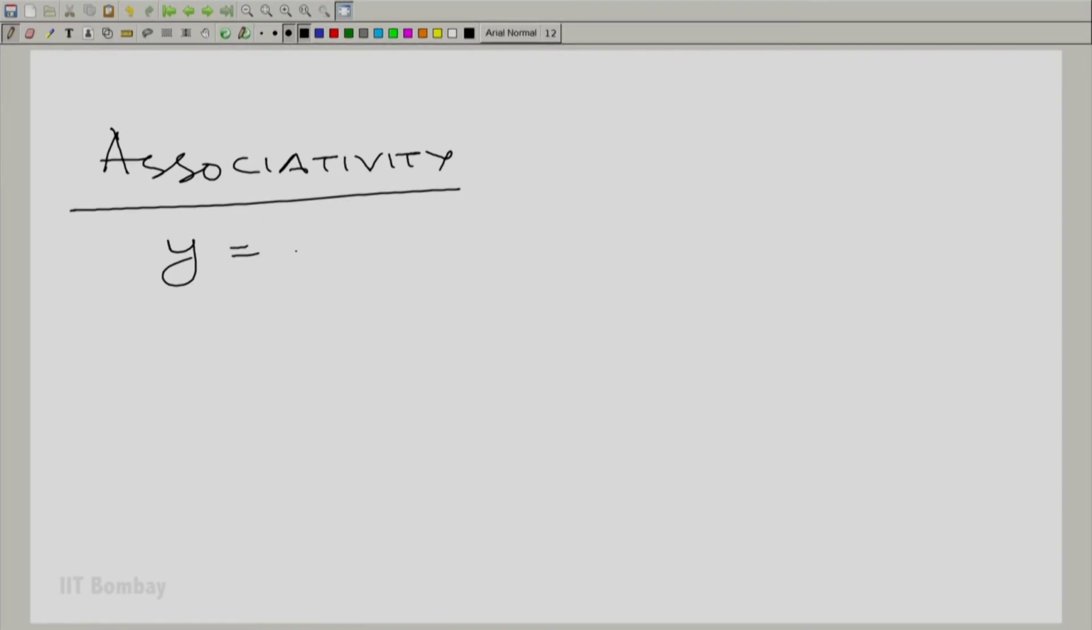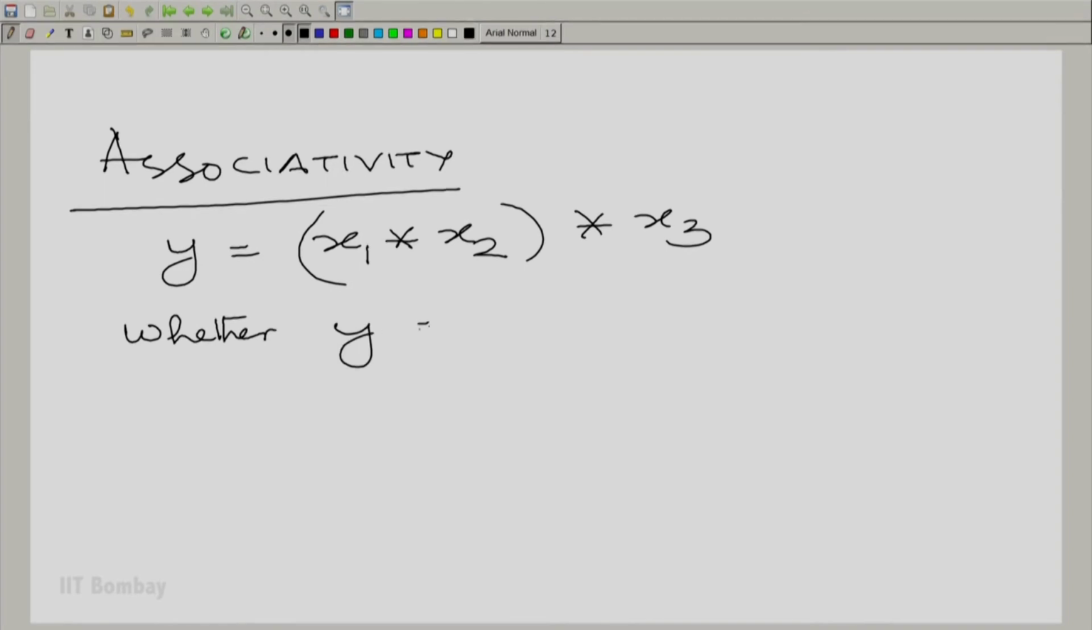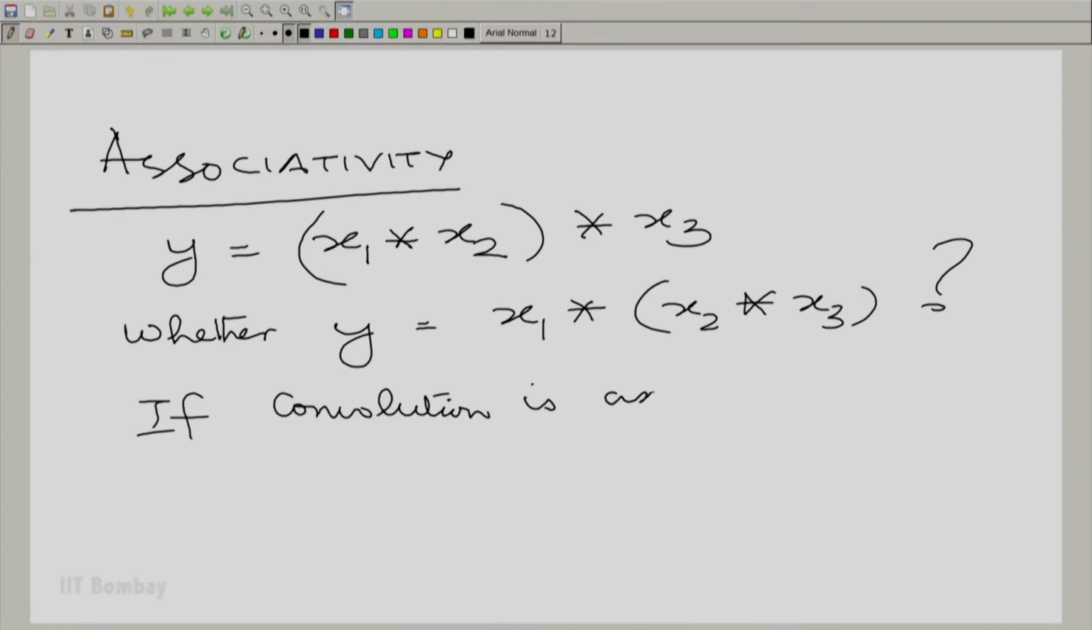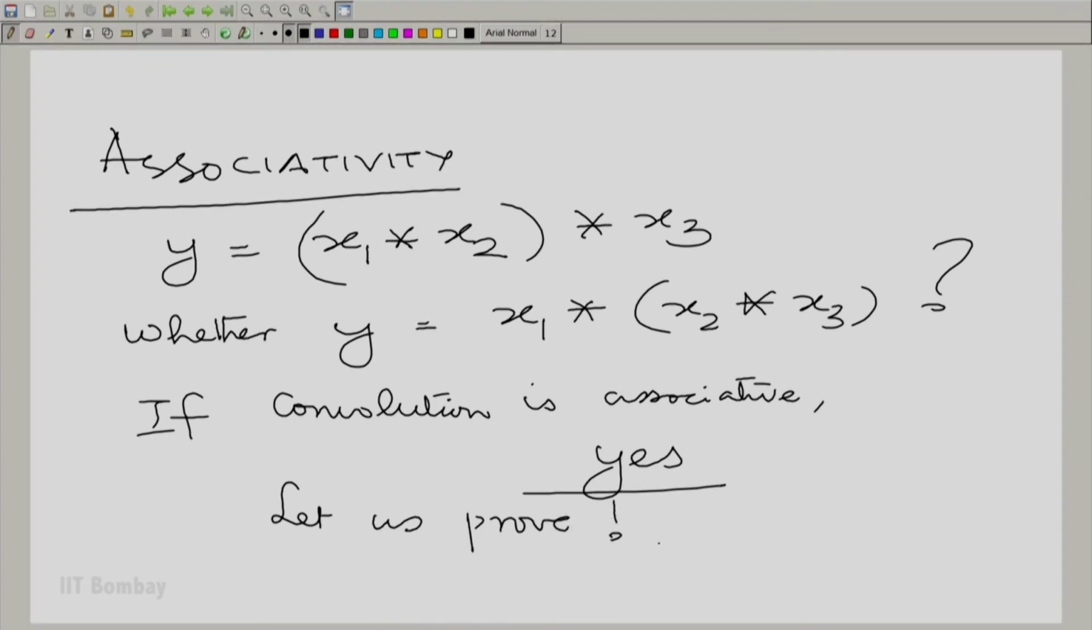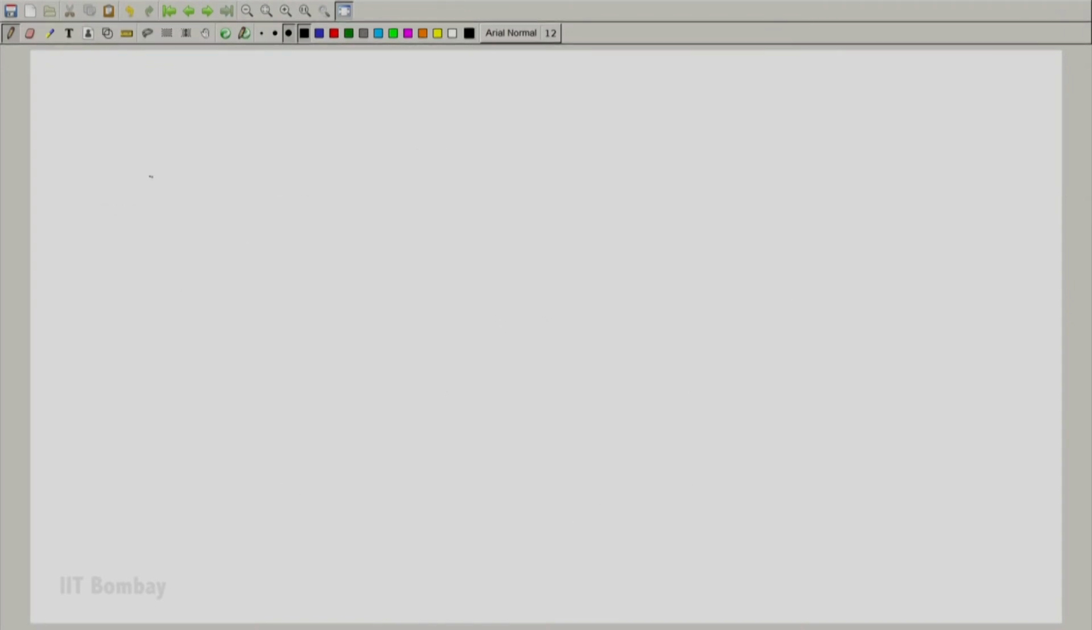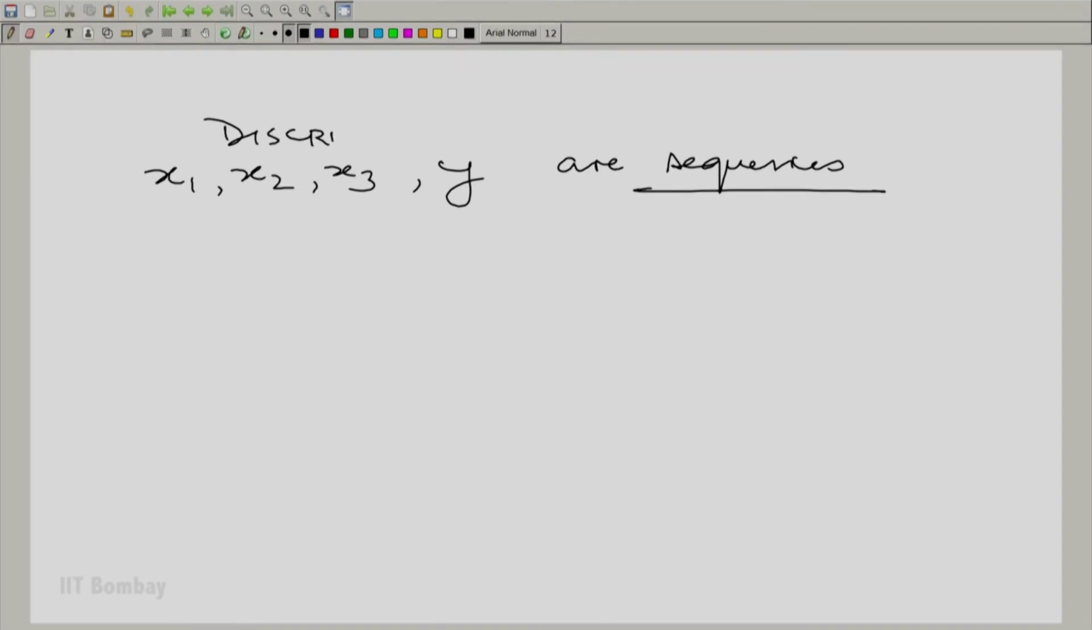So, what you really want is to consider x1 convolved with x2 first and then with x3, and to question whether y is also equal to x1 convolved with the result of convolution of x2 and x3. So, if convolution is associative, yes, let us prove. Let us begin with the discrete case as we had promised. So, let x1, x2, x3 and y all be sequences, the discrete case,